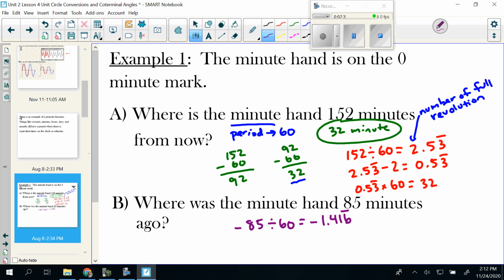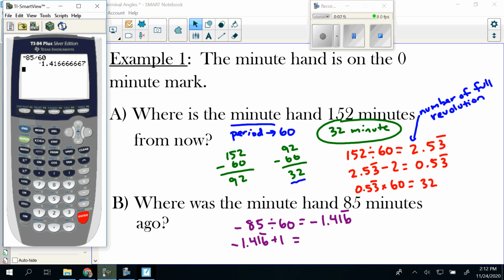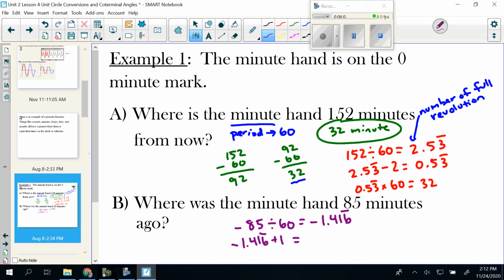So it's going to go negative 1 time around. So let's add 1 to that on this one. So we're going to take this, add 1. So that would give us just this without the 1 on there. So it'd be negative